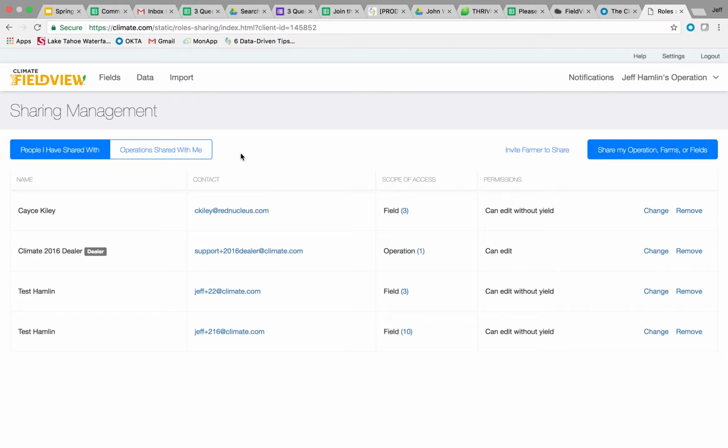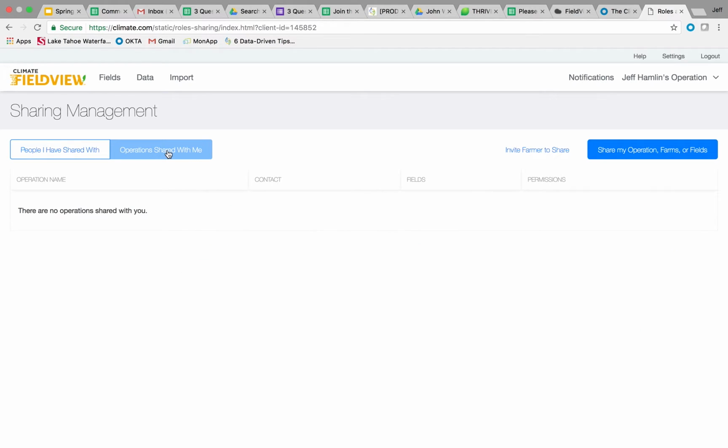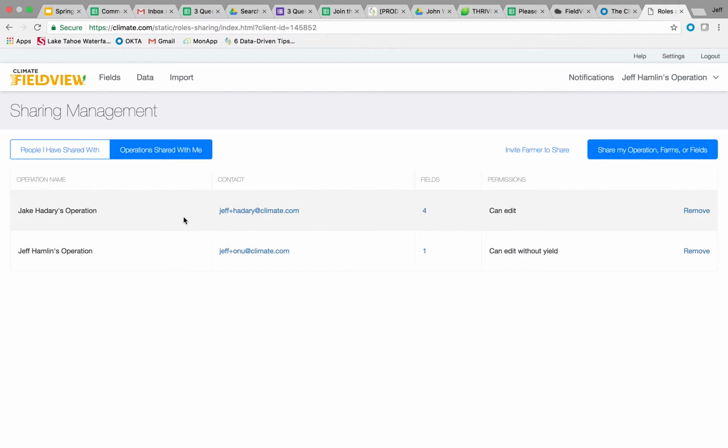The next part we might want to look at is the operations shared with me. Now, if you are a farmer using a Climate account on your own farm, it may be unlikely that anyone has shared any operations with you. But if you are a retailer, an agronomist, a crop scout, a seed salesman, the farmers that you work with may be sharing their accounts with you so that you can help them in their operations and using the Climate FieldView platform successfully. In that case, I could click on Operations Shared with Me, and it will show me all